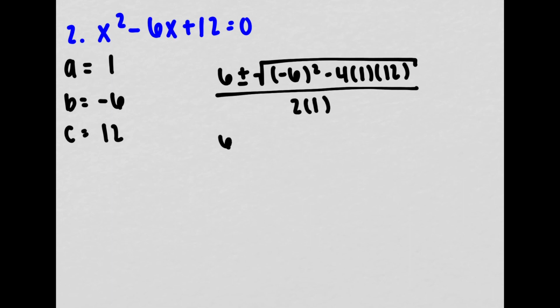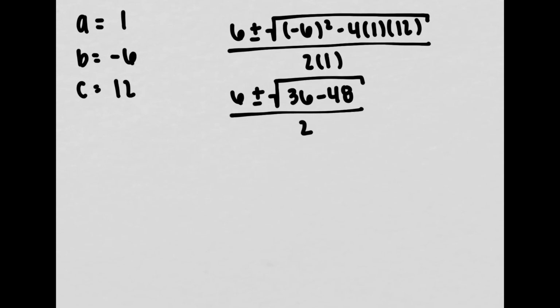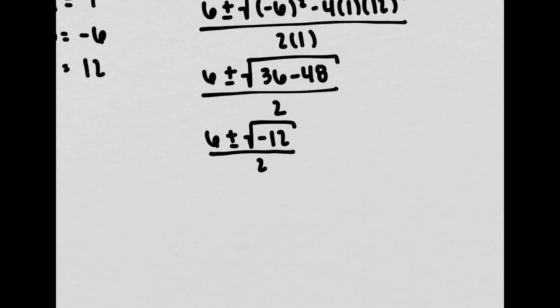I start to simplify, so I have 6 plus or minus the square root of negative 6 squared, or negative 6 times negative 6 is 36. Negative 4 times 1 is negative 4, times positive 12 gives me negative 48. And it's all over 2 times 1, which is just 2. 6 plus or minus the square root of 36 minus 48 gives you a negative 12 on the inside over 2. Remember, we're going to take that negative out, so I now have 6 plus or minus the square root of 12. And we took out the square root of negative 1, so you put your i on the outside